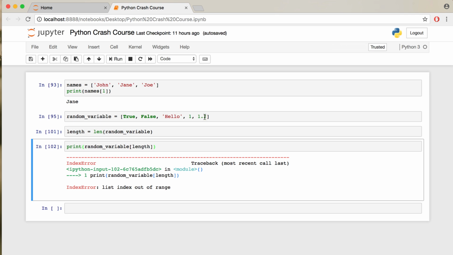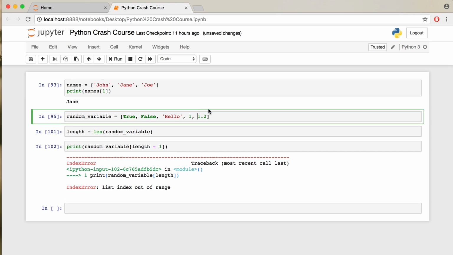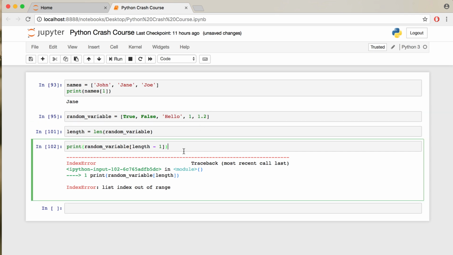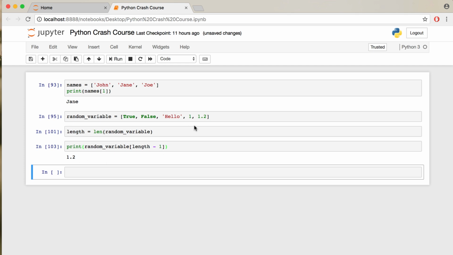So what can we conclude? The index of an element corresponds to the position of the element in the list minus 1. So we can retrieve the last element by reducing the index by 1. 5 minus 1 gives us 4, which corresponds to the last index in the list, outputting the desired result, 1.2,